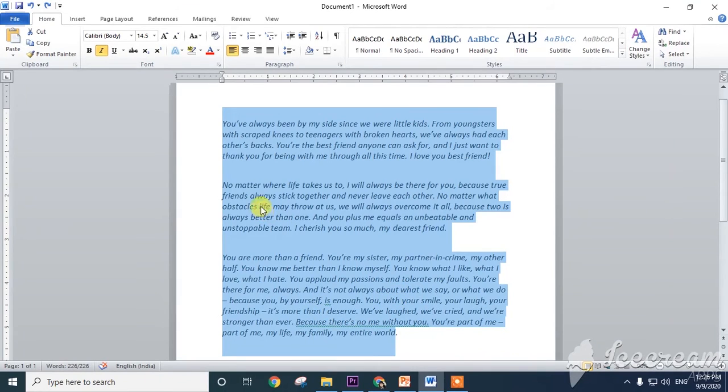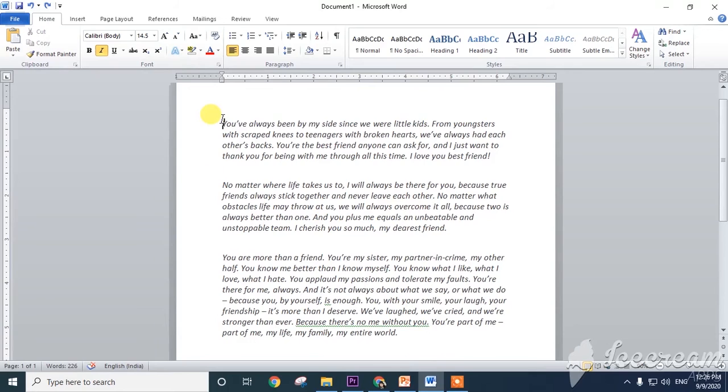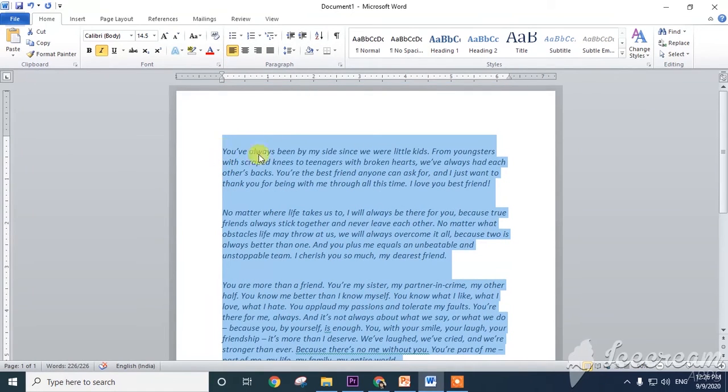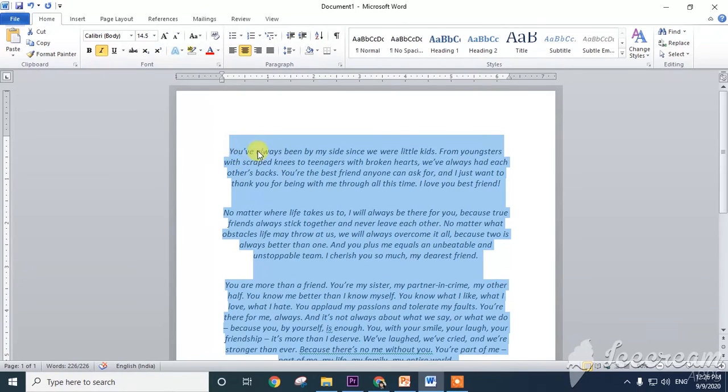Now first type the paragraph and select the paragraph. Now click on the Home tab and there is the Paragraph group. Under this Paragraph group the first one is left alignment. The text will start from the left side, and this is the center. The text will move to the center. You can observe small changes here.